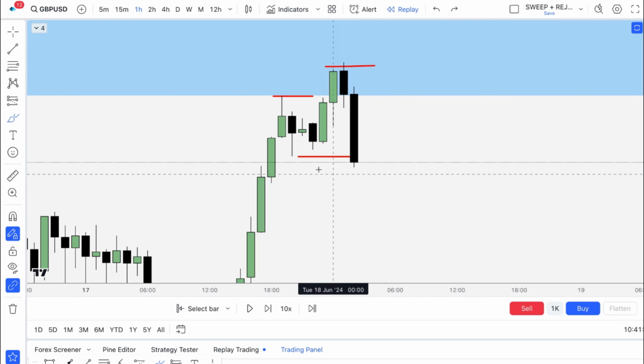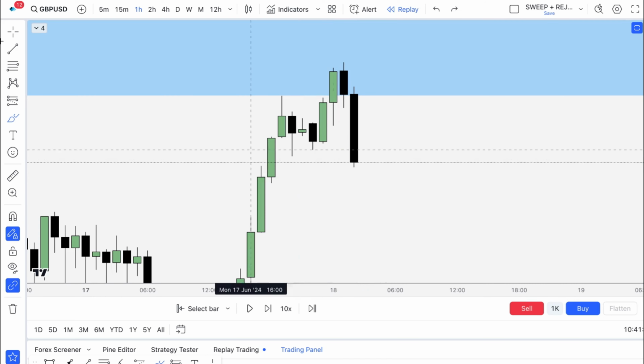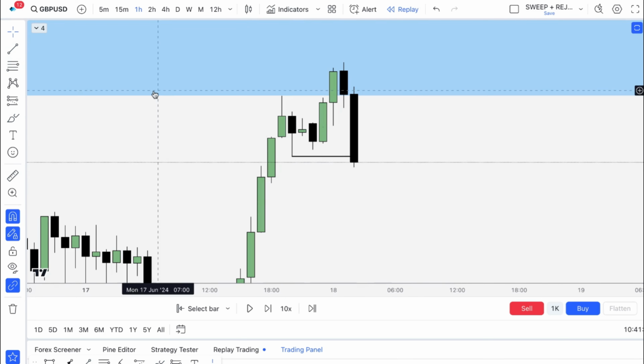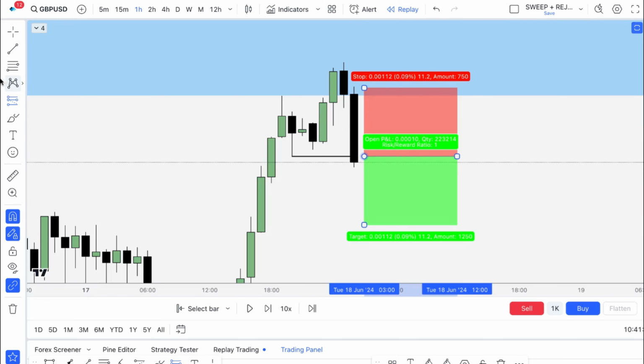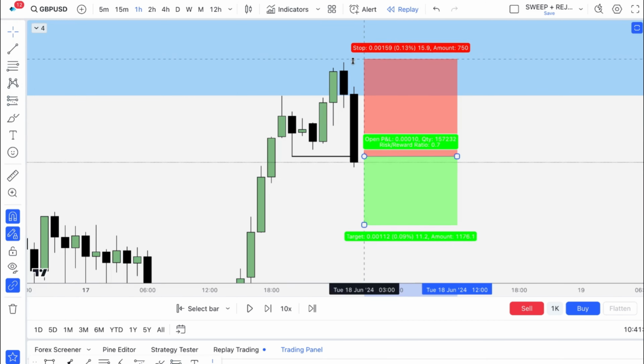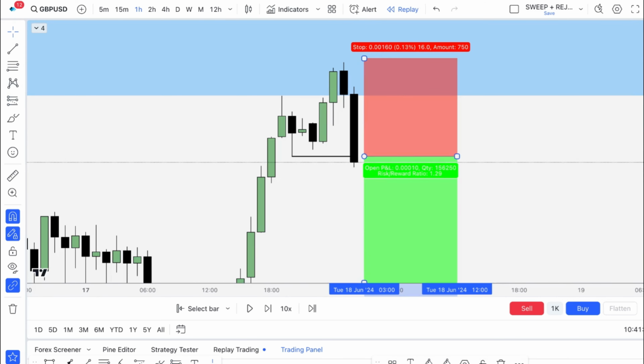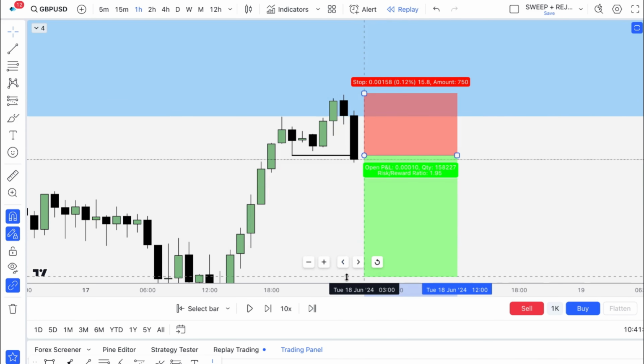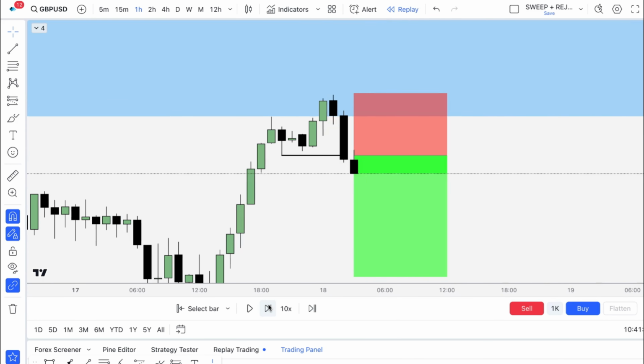It's really important to note that we want to see a break and close below, so a body close below the most recent higher low. So this is a strong confirmation. That's what we get right here on the hourly. So we're looking to enter on the retest of that level with invalidation above the liquidity sweep, and then we're just looking to target a 1 to 2 risk to reward. So invalidation right there, target a 1 to 2. So we're triggered in right here,